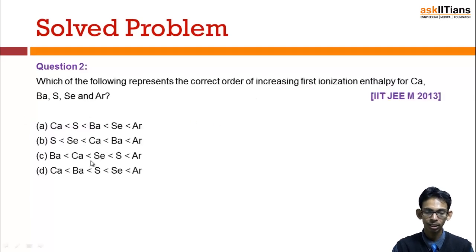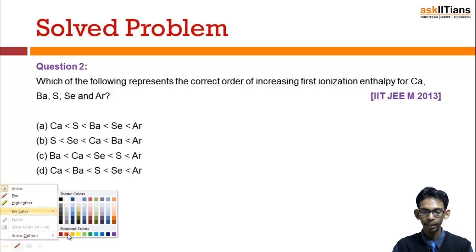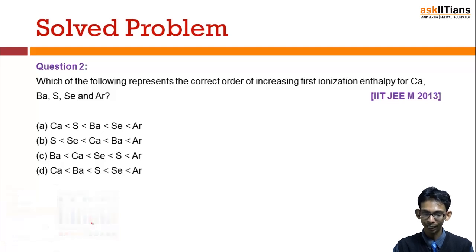Next is a more recent question. Which of the following represents the correct order of increasing first ionization enthalpy? We know that ionization enthalpy highly depends on size, and in a periodic table, argon is the one present on the most extreme right side, so it would have the highest ionization enthalpy, and that's what is here. Now we know that among barium and calcium,